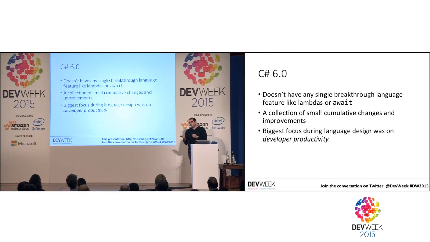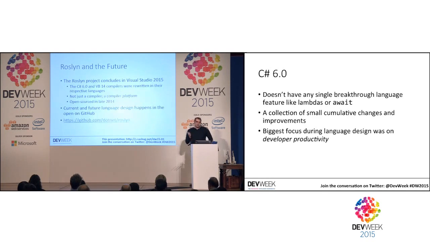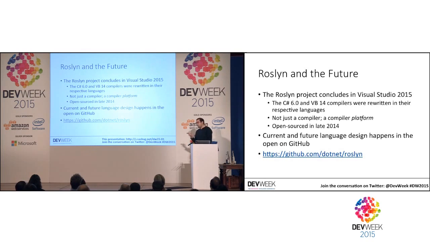And what I'm going to do, actually, for each feature is try to show you the old version of the code as you'd write it in C# 5.0 and what you can do in C# 6 to make yourself and the code more readable, more productive, and so more efficient, and so on. And again, as we go along, I'd also like to show you maybe a few examples in Visual Studio 2015 as we take existing code and sprinkle around some of those new features. And one more thing before we get started, I do have to mention the Roslyn project. So really, Visual Studio 2015 puts an end to a very, very long development cycle